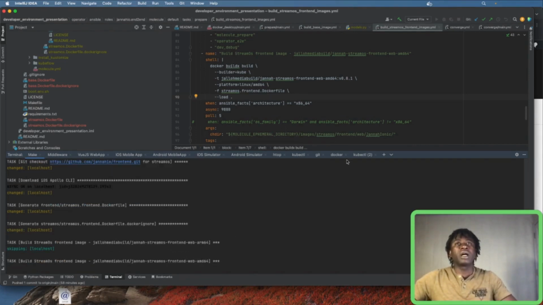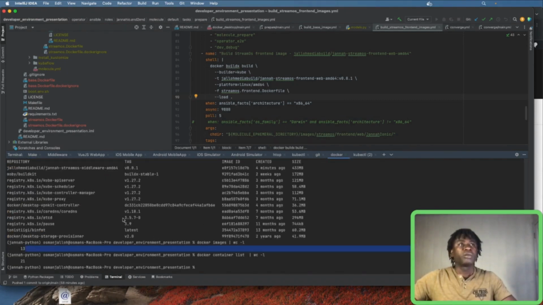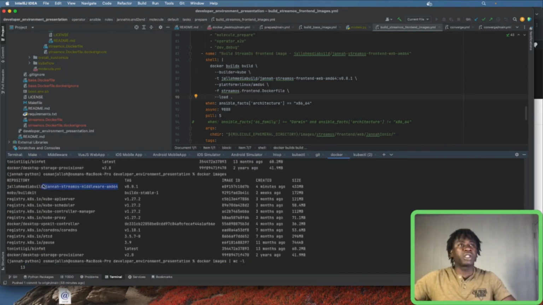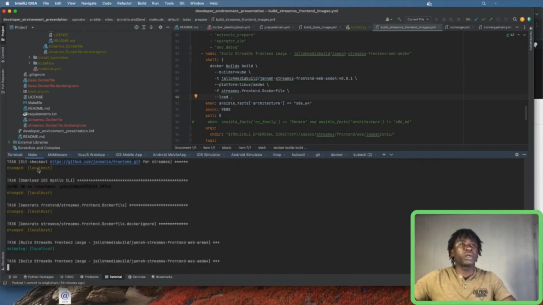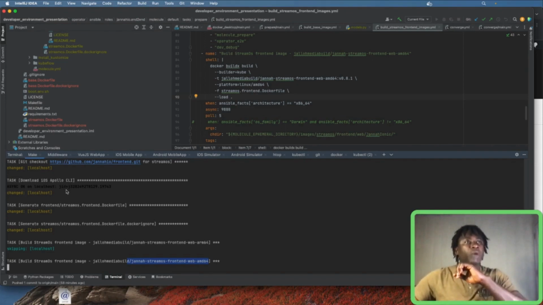We've built the Docker image for the middleware application. That's what you're seeing here. This is the Django application. We're currently building a Docker image for the web application. While those images are being built, I'm going to start the middleware application, and I'm going to take a look at